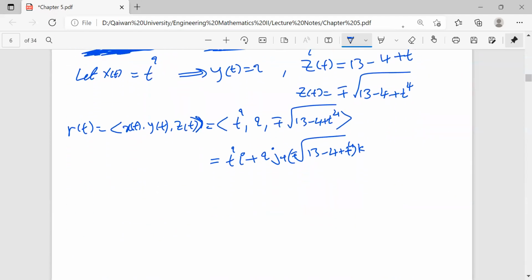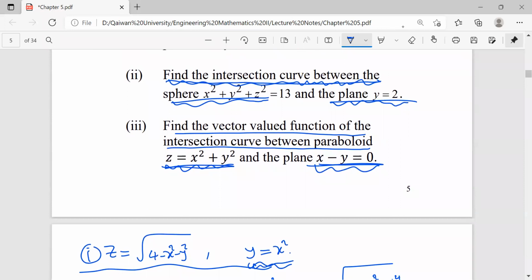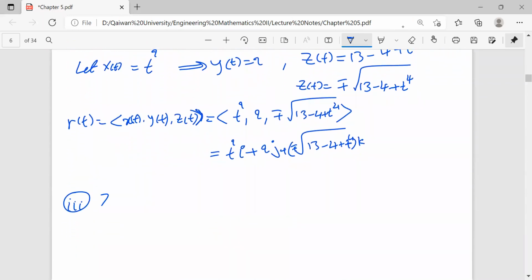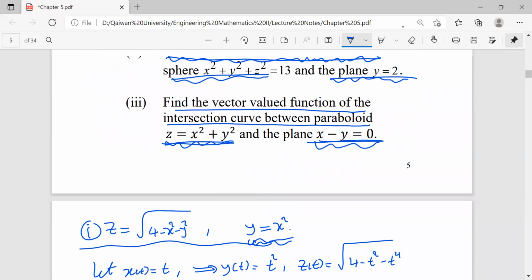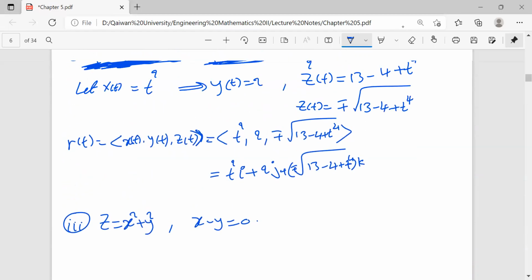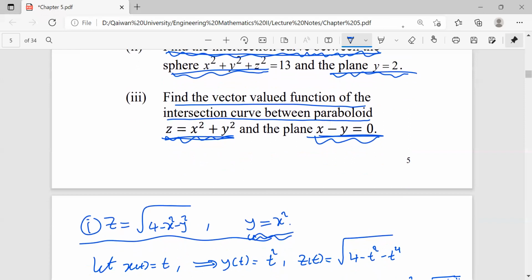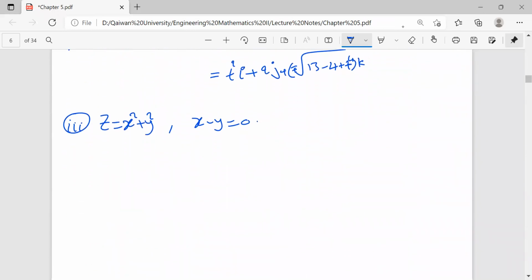First, let's write down the equations. z equals x squared plus y squared, and x minus y equals 0. Here, to find the vector valued function which represents the intersection of these two functions,